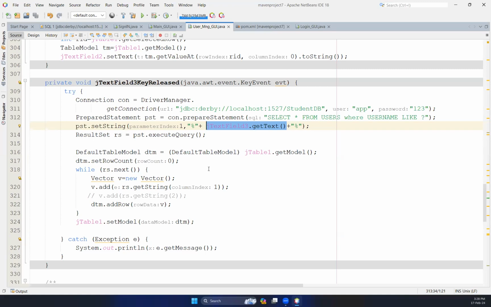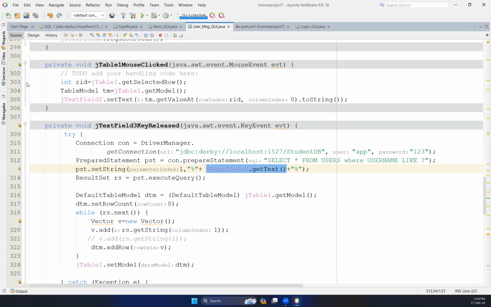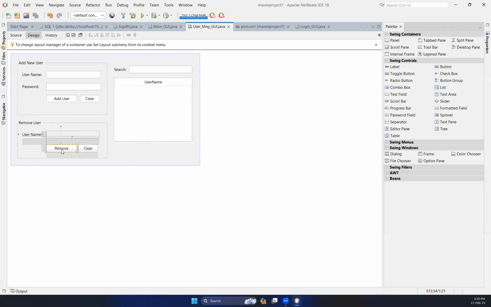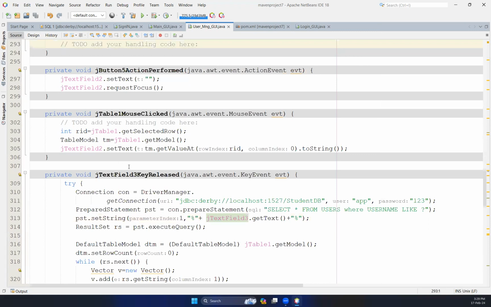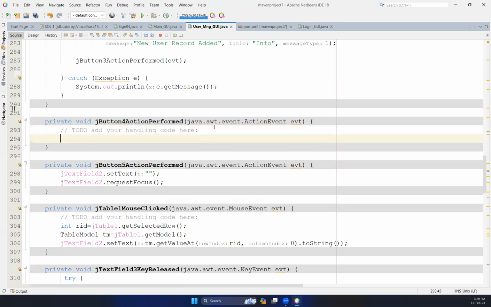Right. Now what you have to do? Okay, the delete. How to do the delete? When the user clicks on the remove button, we have to delete it now. First of all, there should be a value. Then only we can delete. Otherwise, it should give us a message. If